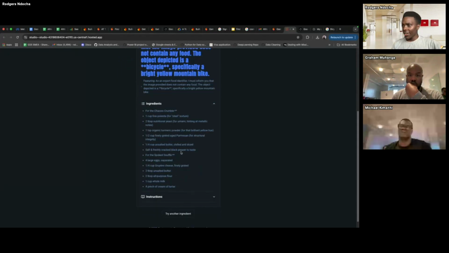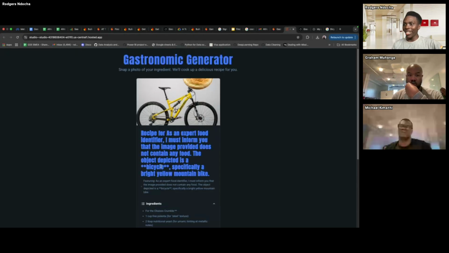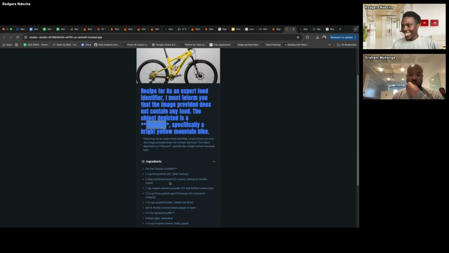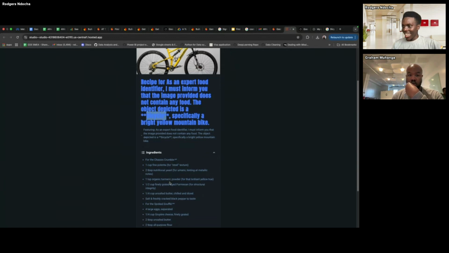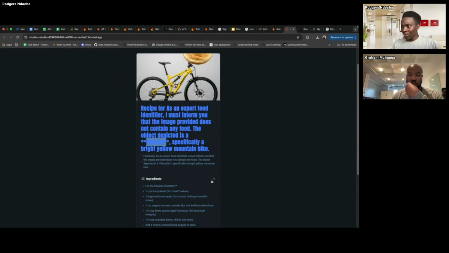For Gregor, let's see what it did. Oh my God. It's a bicycle. Yeah, of course it identified it's a bicycle, which is correct. This is a bicycle, but let's see. What's this? Maybe it gets confused from the previous image that we have been using, but Gregory, you can see it detected this is a bicycle and it's yellow.